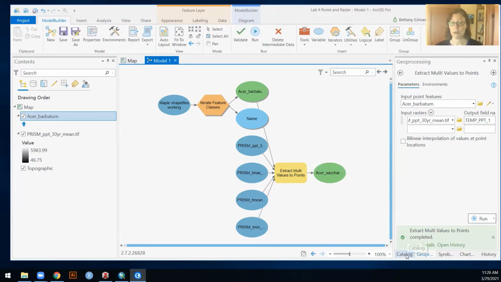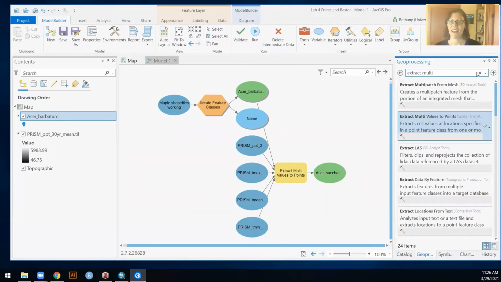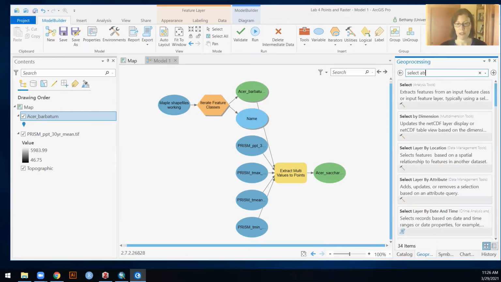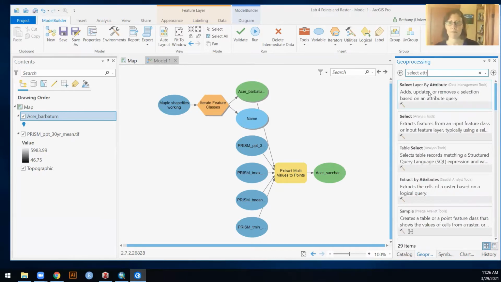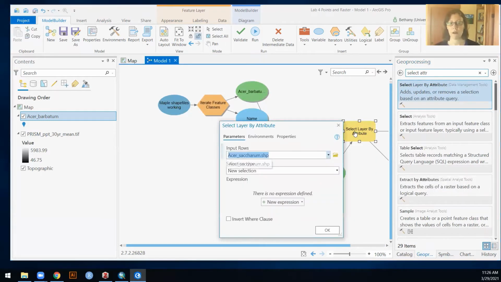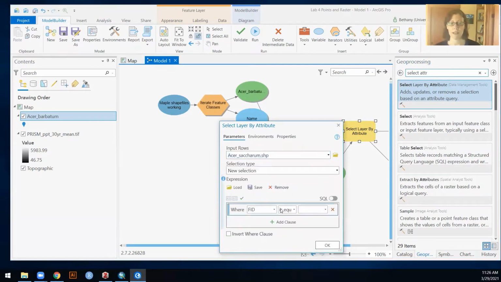The rows that were duplicates, I would like to clean up those rows and remove the duplicates. That's a 2-step process because first we need to select them. So we need to do a select by attributes. And this is my input rows, and I need to tell it what are the ones that I want, right? So I want this where my,